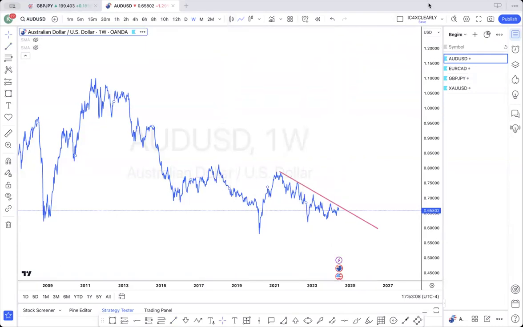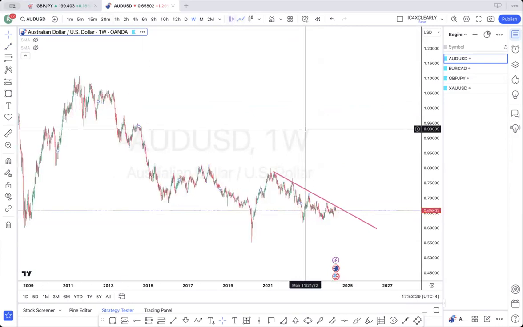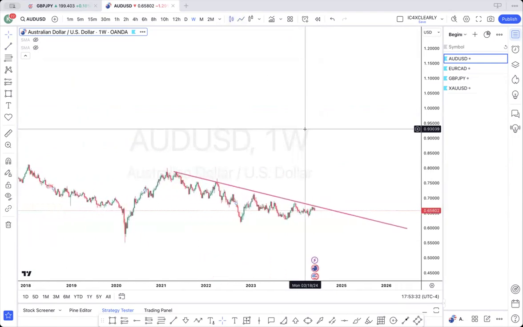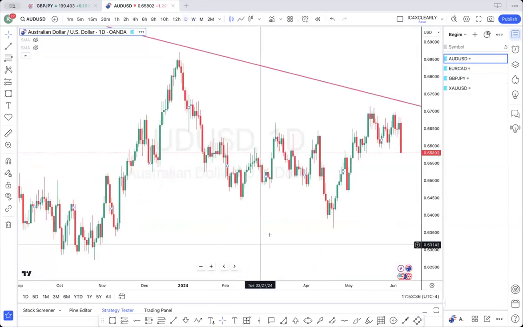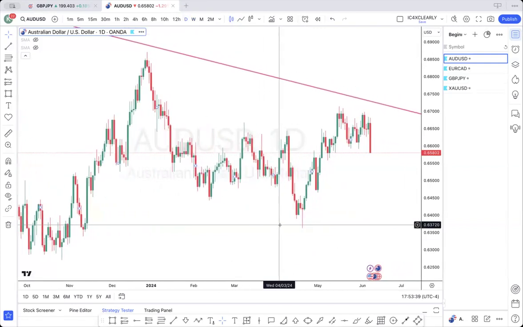Hold on, this thing is driving me crazy. Okay, there. Okay, so just know that you're in a downtrend. You're pretty much looking for sells. And then you can put your wicks back on. So now we're going to go down to the daily. Okay, now that I'm on a daily,